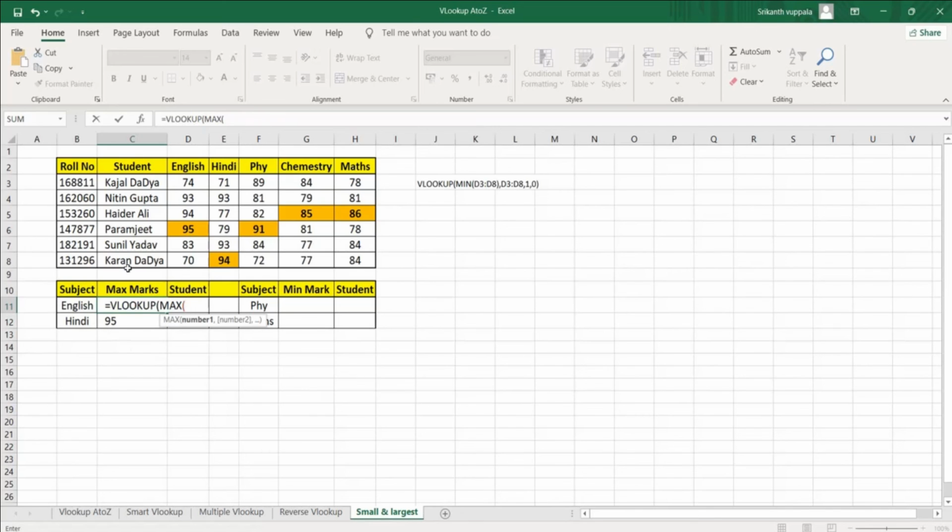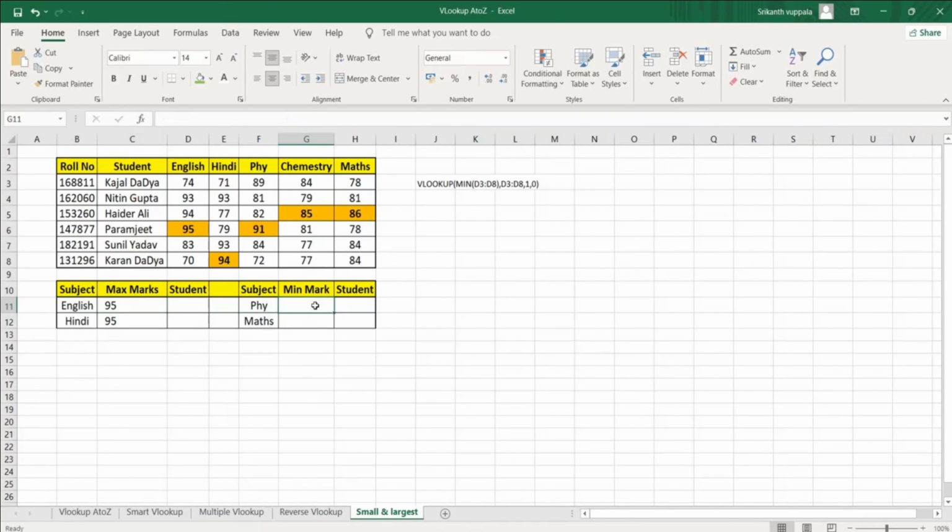Since I have to get the English marks, I will use this range, bracket close, comma. What should be my table array? Again this table only. Comma 1, comma 0, bracket close, hit enter. You see, in English 95 is the maximum marks. This is how we can pull the maximum marks from a table using VLOOKUP.